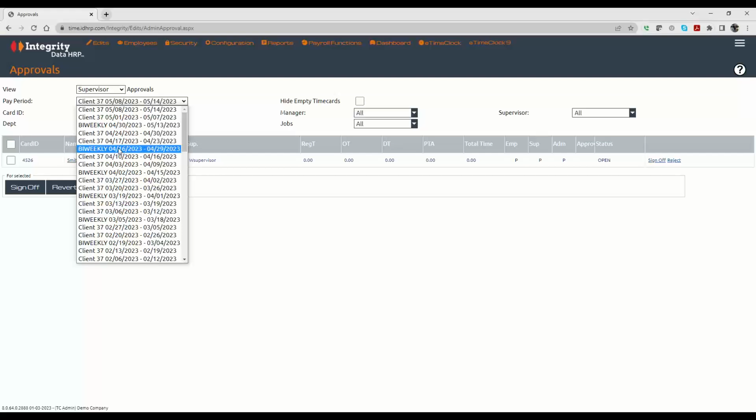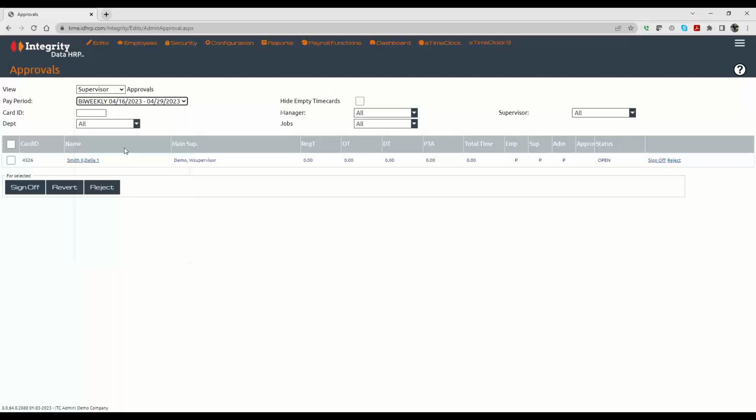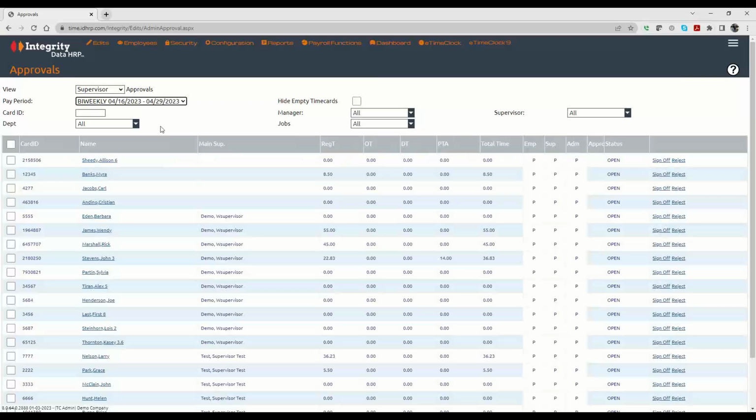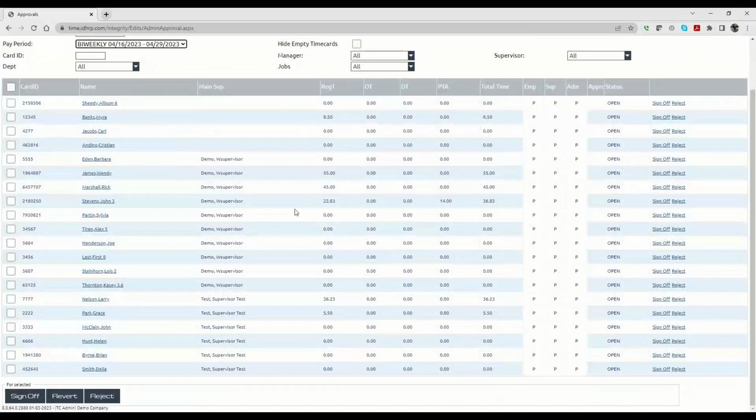And I'm going to the last pay period, the 16th to the 29th, as the 30th in the biweekly to the 13th is still open. And I don't want to approve those. More than likely, you won't have the ability, or this would not even show up in the current pay period for you. So I'm going to go back here to my bi-weekly, and in one list, it shows me all of my employees,